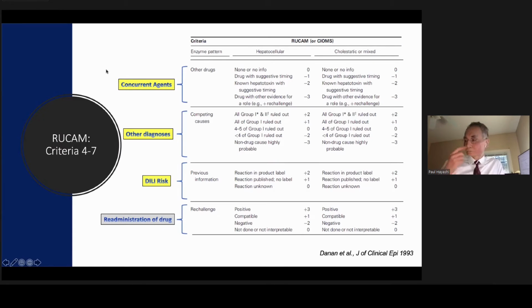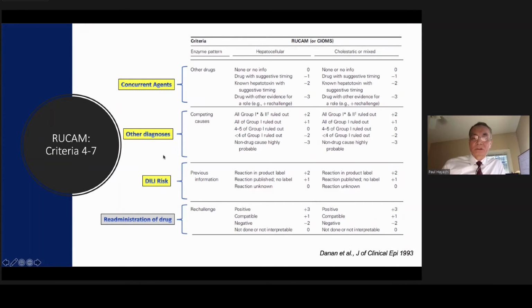So in the RUCAM, if you have the one drug and 2 other drugs that you're looking at, the fact that there are these other drugs will hurt the case for any one of them, so you can lose points. But the problem is the terms used in the RUCAM, for example, known hepatotoxin. Well, what does that mean? That can mean different things to different clinicians. The other diagnoses are grouped into most common and a little less common, group 1 and group 2, and you're supposed to rule them out. But they don't tell you exactly what that means. It's up to the user to decide, did I convincingly rule these out or not? And again, there can be variability between users.